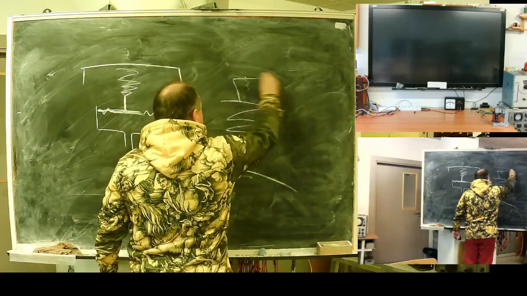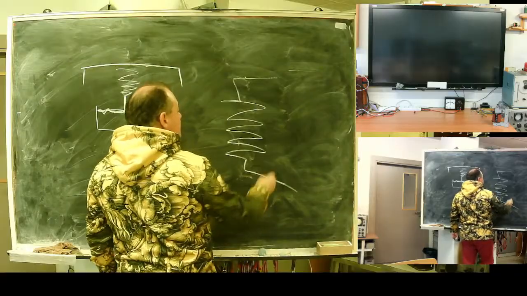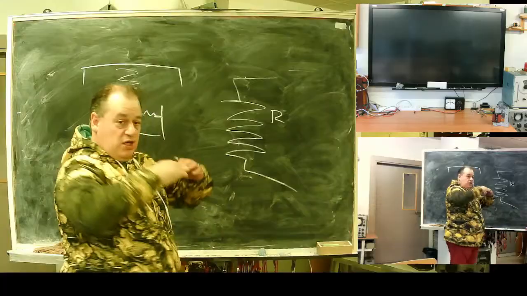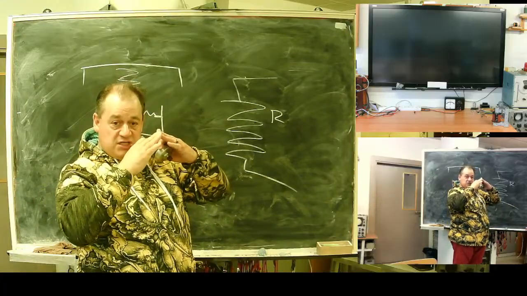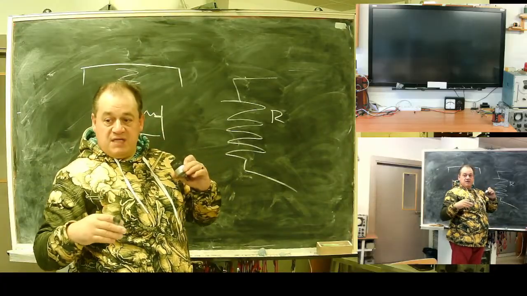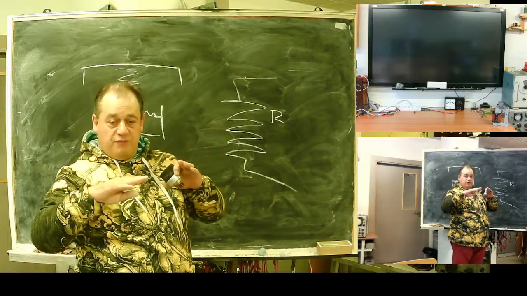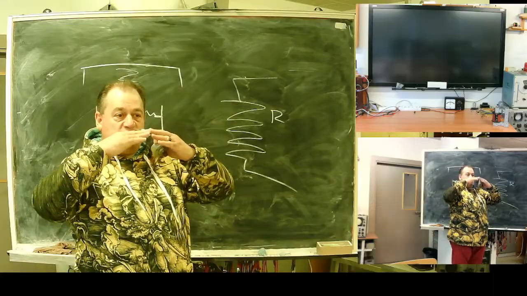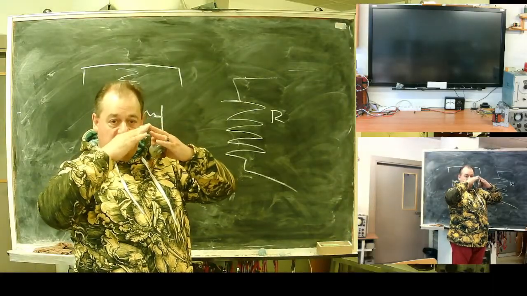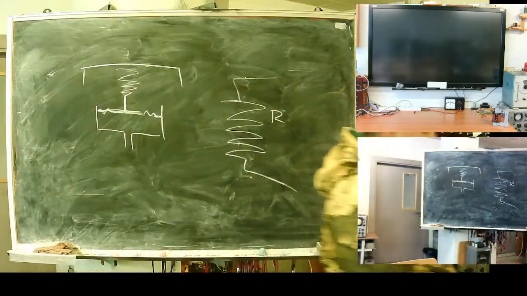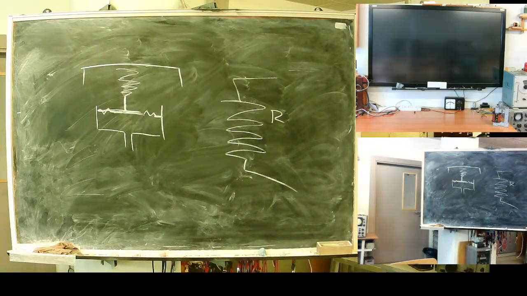Stripes of special material, the resistance is a function of stretching. If you stretch them, they change resistance. Sometimes they are sold as gluable. You just attach it to the surface you need, and they will change resistance as the surface bends. So, or here, tensiometric resistors, or